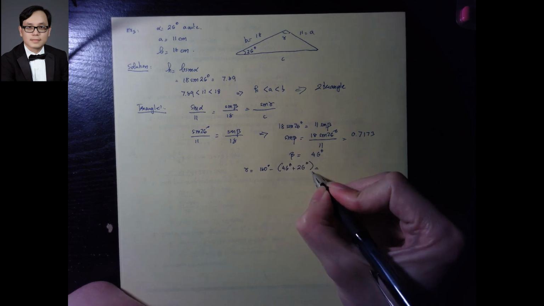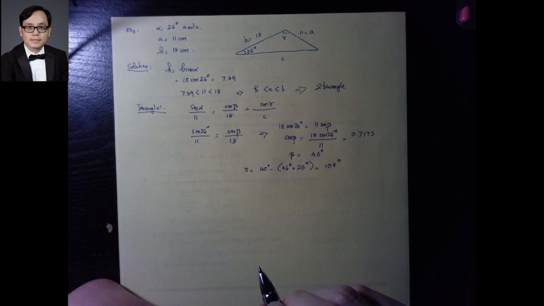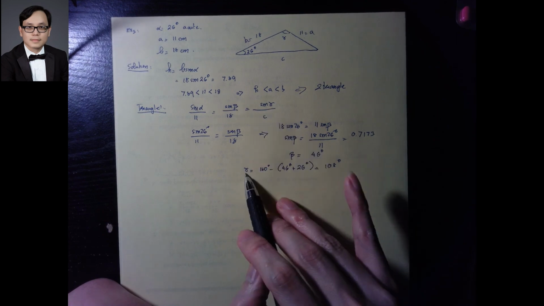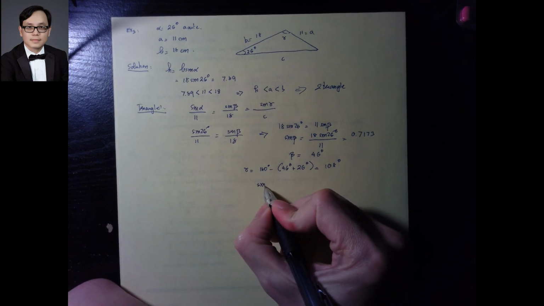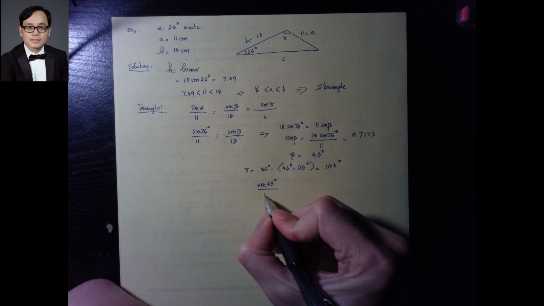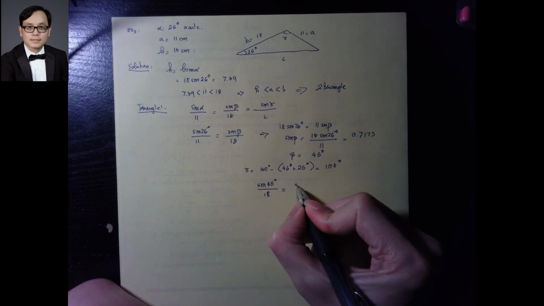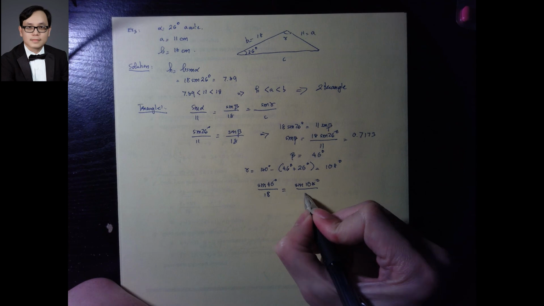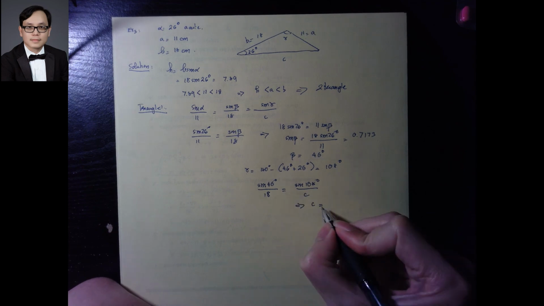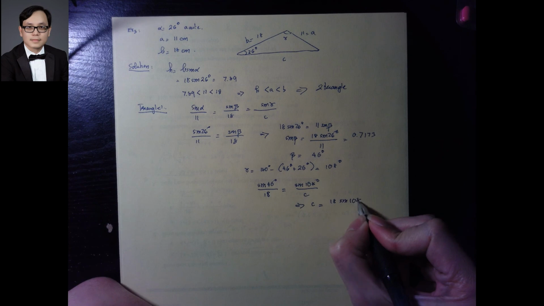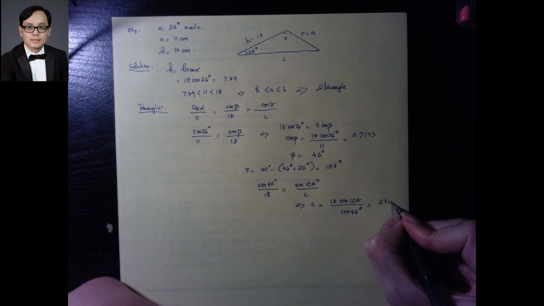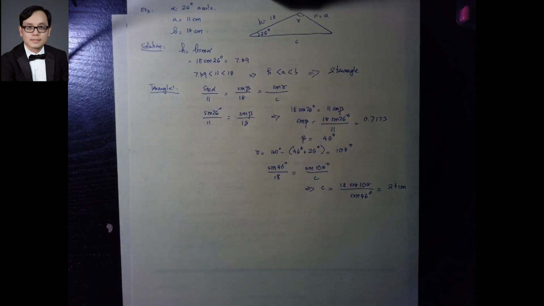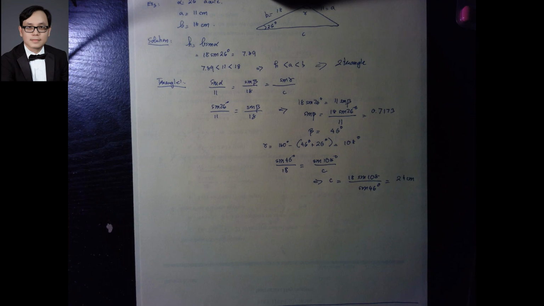which is gamma is 108. And from here I can solve for c by plugging gamma into this portion. So I have sine of 46 over 11, over 18, equal to sine of 108 over c. And from here I can get c by 18 times sine 108 over sine of 46, which is your c, 24 centimeters. Okay, so I successfully solved the first triangle,